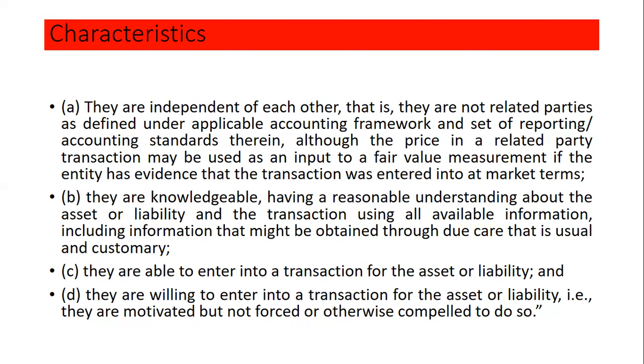Market participants should be knowledgeable, having a reasonable understanding about the asset or liability and the transaction using all the available information, including information that might be obtained through due care, that is usual and customary. एक कॉमन सेंस आदमी के अंदर होनी चाहिए जो जो यूजुअल होती है। हम कोई चीज, मान लीजिए एक सेब ही खरीदने जाते हैं, इसका मतलब ये नहीं कि हम देख करके सही चीज लेंगे, सड़ा गला नहीं। चीज खरीदते हुए और बेचते हुए एक कॉमन सेंस रहती है, तो वो मार्केट पार्टिसिपेंट्स में होनी चाहिए। They are able to enter into a transaction for the asset and liability. स्पेसिफिक एसेट, स्पेसिफिक लायबिलिटी के बारे में बात हो।